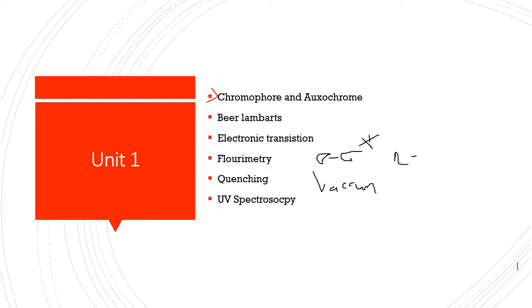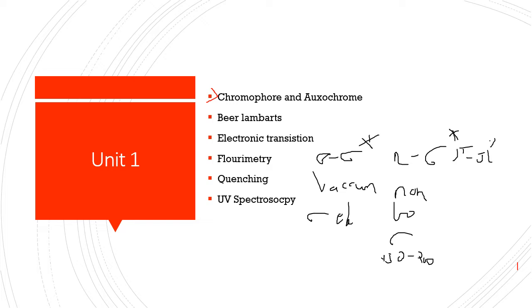N to sigma star basically consists of non-bonding electrons and sigma electrons, of course. Again, it is also around in the range of 150 to 200. So that is also vacuum UV again. Then you have pi to pi star. That is very important. And also remember, n to sigma star transitions are basically used as solvents,